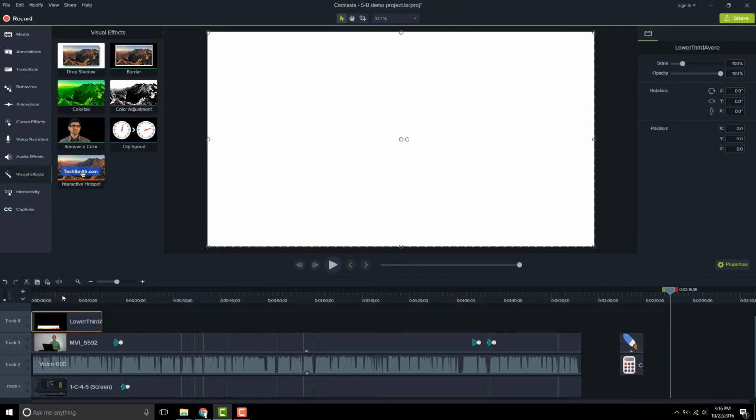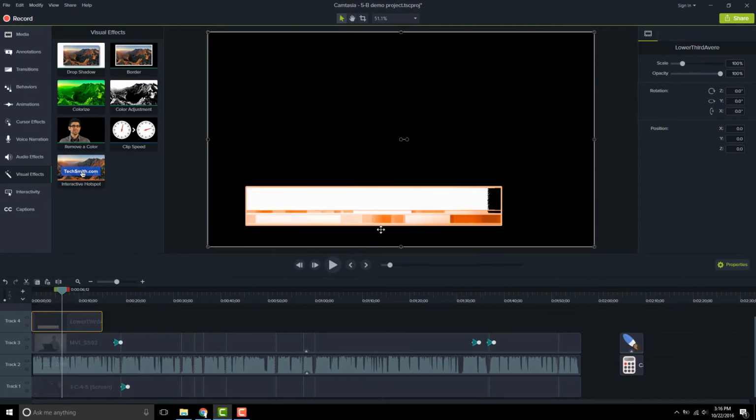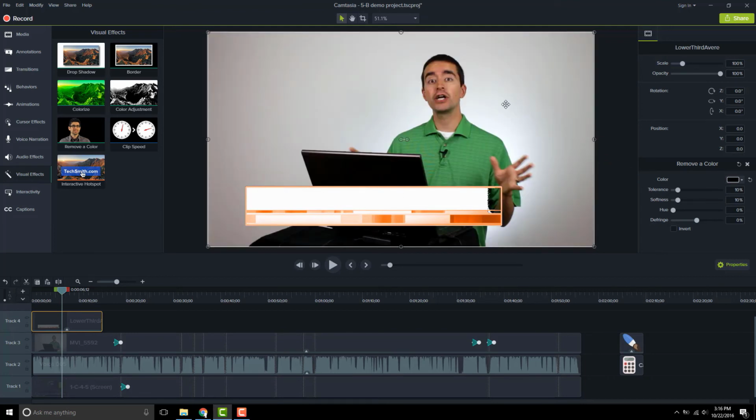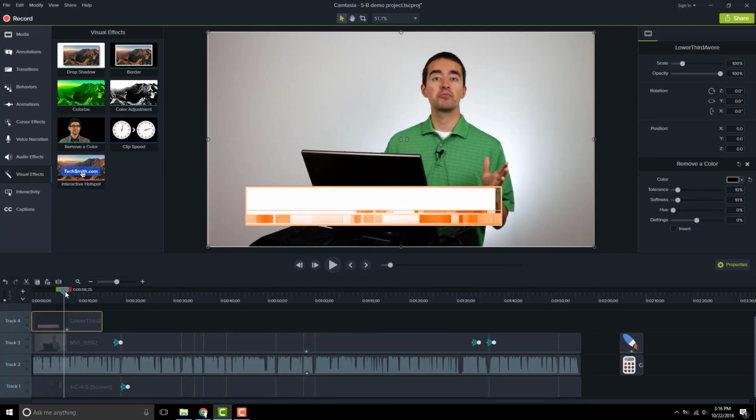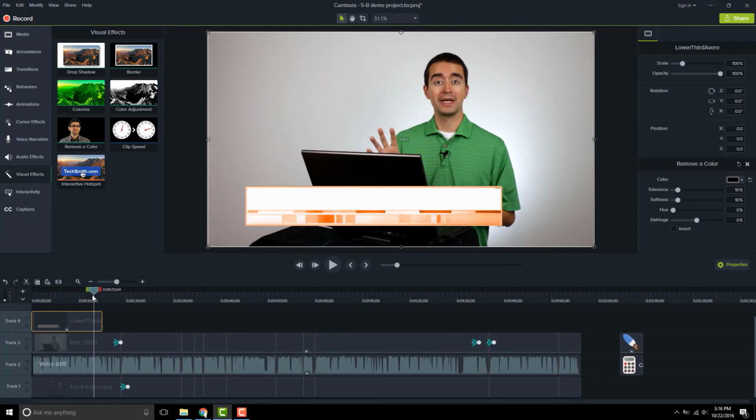So if I drag this over here and I put it here, you can't see me at all. So instead what I would do is I would say, let's remove a color, and I want to remove it from here. And then I want to find that color. I'll use this to select the color from the image, and I'll choose the black. And now it took out everything else, and I can now add text over top of this. So then I could go to my annotations and find text and add it there. But this is an animated lower third, and so now I can have it fade in or fade out and have me behind it. So that's more of what you would want to use remove a color for.